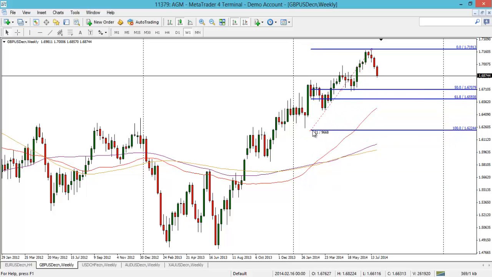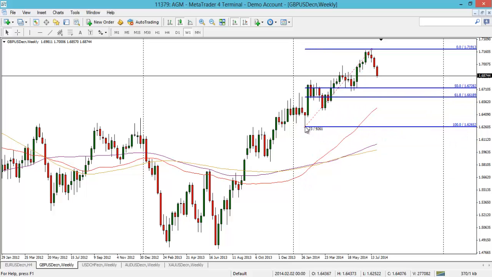And to be honest, the only other fib move I personally look at would be that one there, and the reason why is because it's the fib of the low of the year to the high of the year. And interestingly, we've got some previous support at the 50% retracement, which comes out at 1.67.21. So they're the fib moves to keep an eye out for in terms of the weekly and the daily.